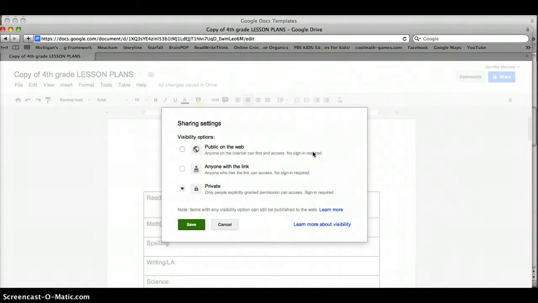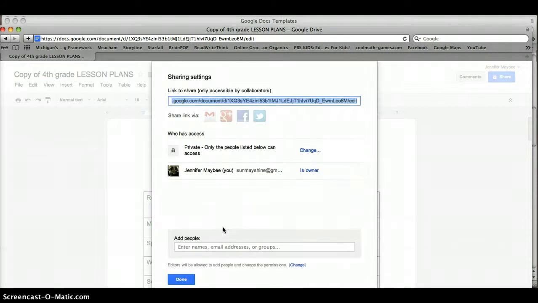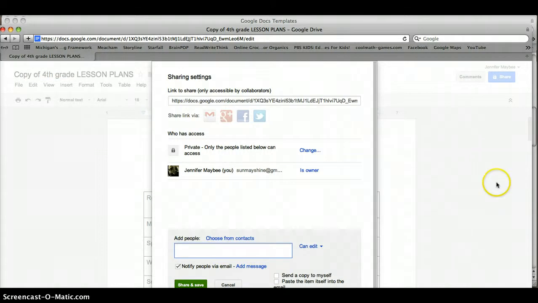So here, like mine's private right now, I can make it so that anyone who has the link can look at the document, or I can make it public on the web so that people can look on my document and basically see what I did, which makes it very, very user friendly. Now here, if we want to add people to it, what we can do is,